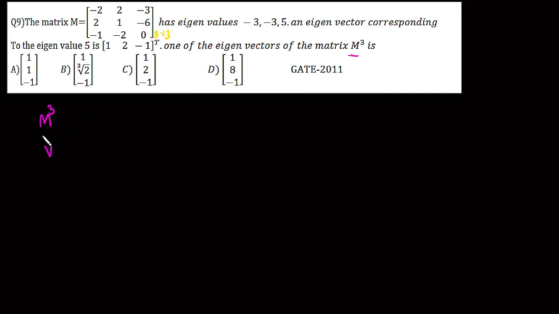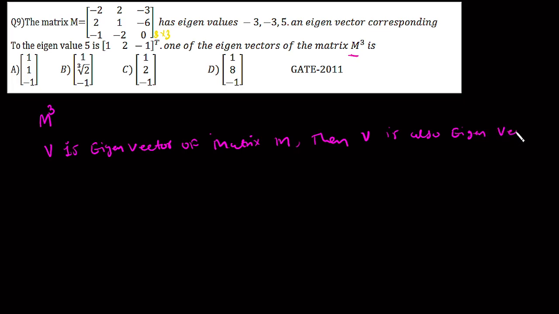So suppose V is an eigenvector of matrix M, then the vector V is also an eigenvector for matrix